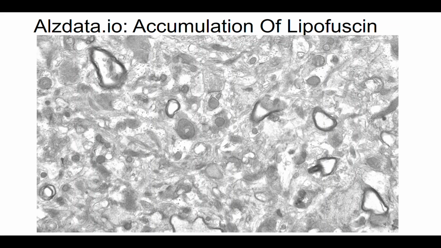In addition to these features, we also explore the accumulation of lipofuscin, a complex age-related pigment that gathers in various tissues, particularly in senescing cells such as aging neurons. The presence of lipofuscin may indicate cellular stress and is associated with neurodegenerative diseases, including Alzheimer's and Parkinson's. Together, these observations enhance our understanding of the mechanisms underlying Alzheimer's disease, illustrating how both healthy and compromised cells interact